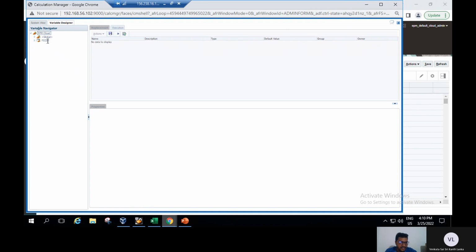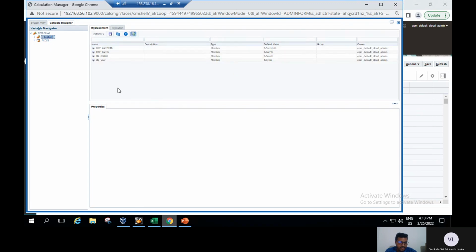And if we select application, then we can use the console cube only. And if we select global, we can use all the cubes across our application. So I'm selecting global, and under actions I'm adding